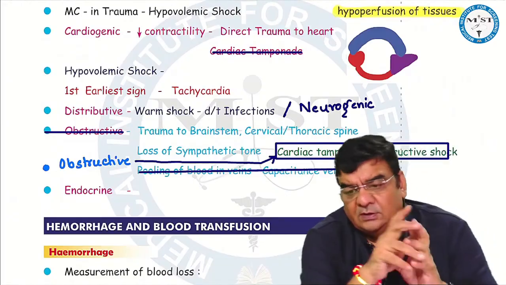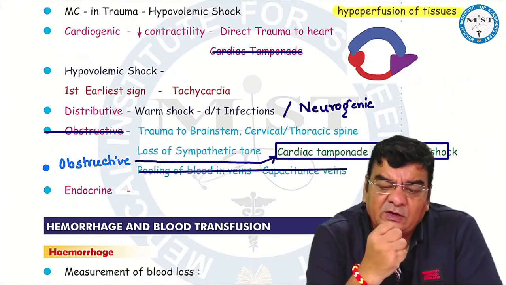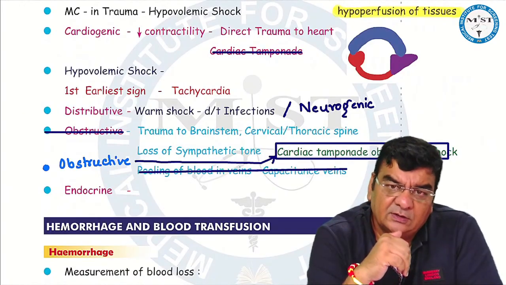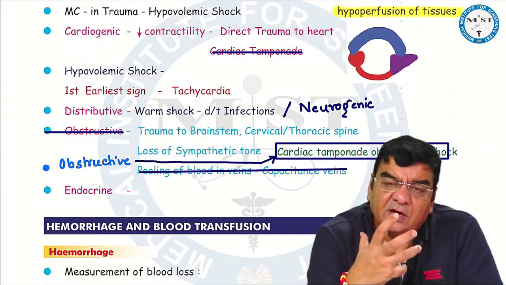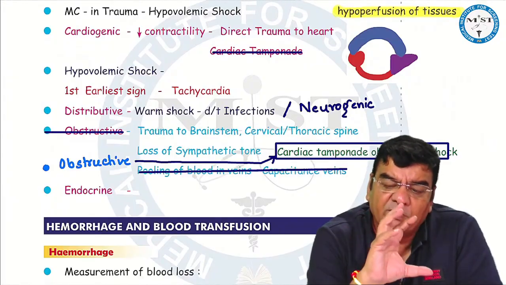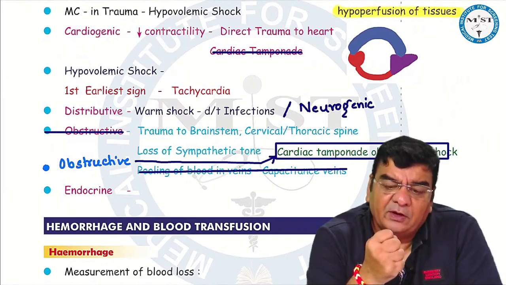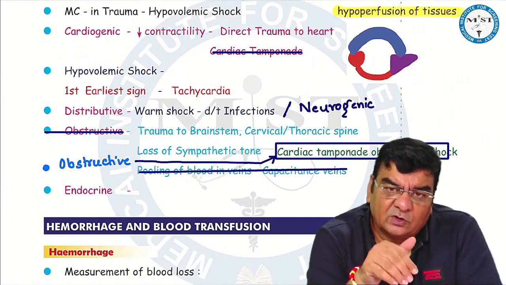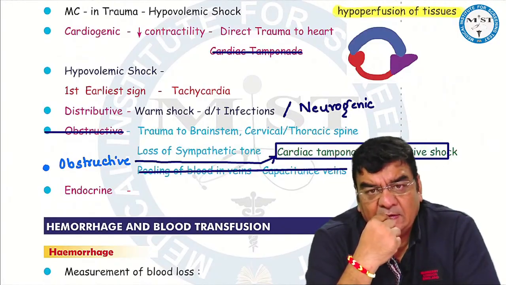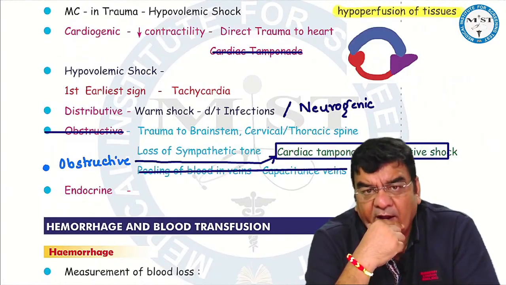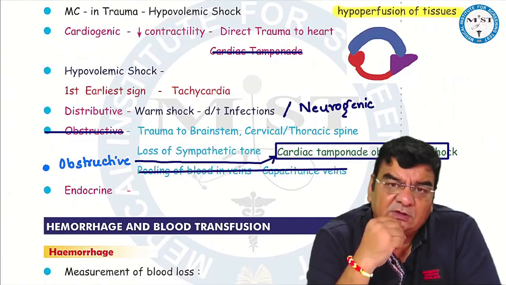Obstructive shock. If suppose there is someone who is pressing the vena cavas so that blood is not going into the heart, like tension pneumothorax or maybe cardiac tamponade. In cardiac tamponade, when there is a huge amount of blood getting collected around the heart, this may cause compression of the vena cavas, so blood is not going into the heart. How will the heart be able to pump this oxygen out? This is obstructive shock. And if this is because of hormone, maybe sudden release of thyroid hormones, that is an